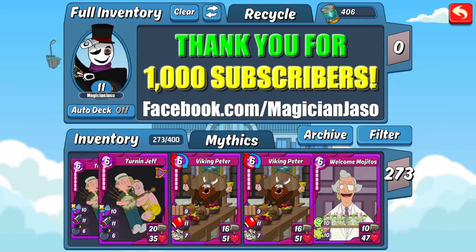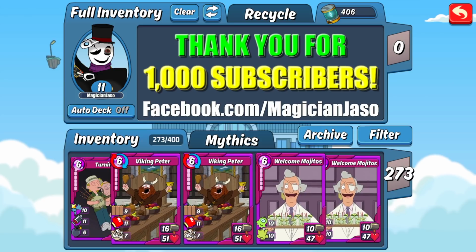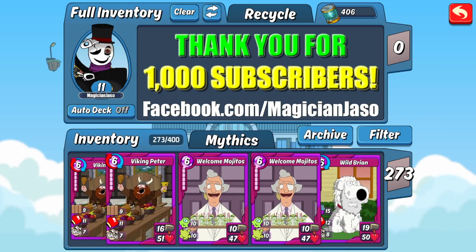Next up, I got my Viking Peters here, my 2 quad fused Viking Peters. Those are usually really good on Family Guy and on Drunk. I occasionally will run them on defense for the bodyguard and punch and stuff, but at 51 HP, they're not the tankiest, so sometimes they sit on the bench. I do have 2 welcome mojitos as well. You saw some use of those during my drunk rumble as well, when I was running that Jose Servo army